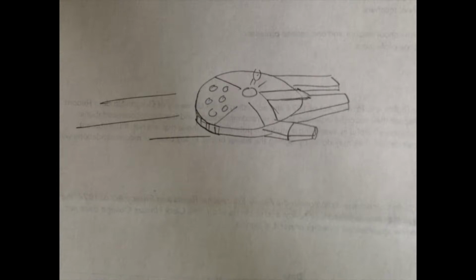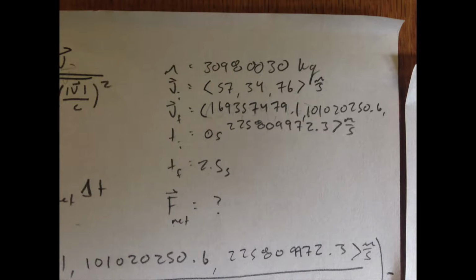So we've been asked by Han Solo to determine what the net force on the Millennium Falcon is by the thrusters when it makes the jump to near light speed. He's told us that the mass of the Falcon is 30,980,030 kilograms. Our other givens are the initial velocity of 57, 34, and 76 meters per second, and the final velocity of